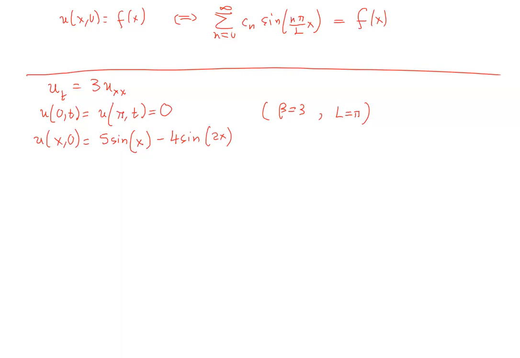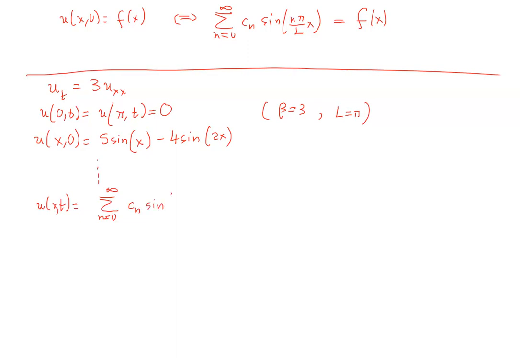And when you do so, instead of beta, you will be writing 3. Instead of L, you will be writing pi. And eventually, after you work through this whole problem, you will find that u of x, t has to be equal to the sum from n equals 0 to infinity of Cn sine of,